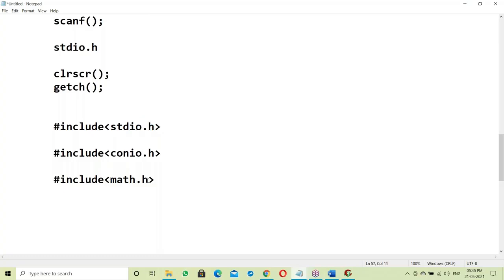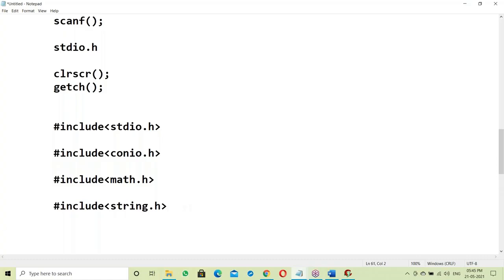The math.h header file contains all mathematical functions. One more example: hash include string.h. This header file contains string related functions.